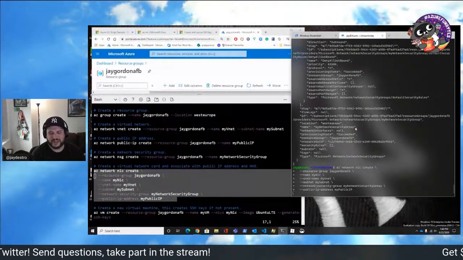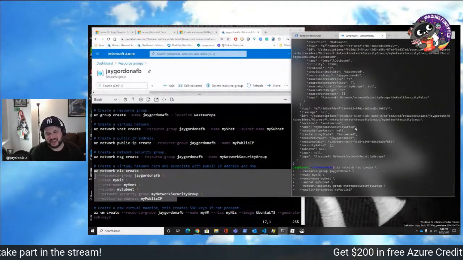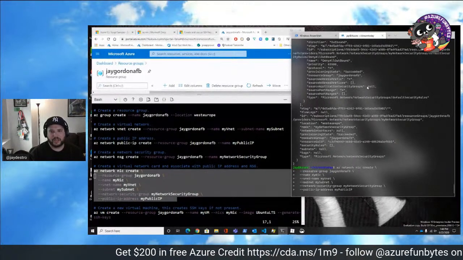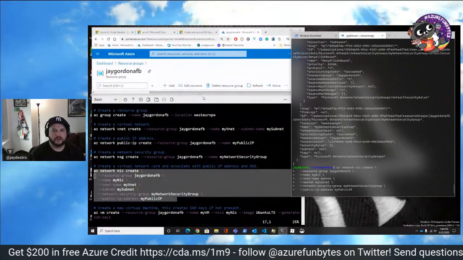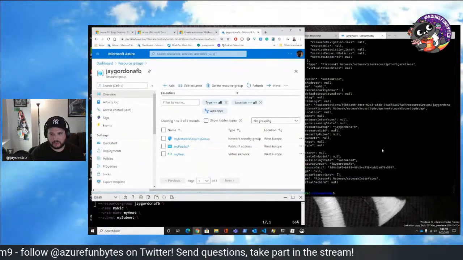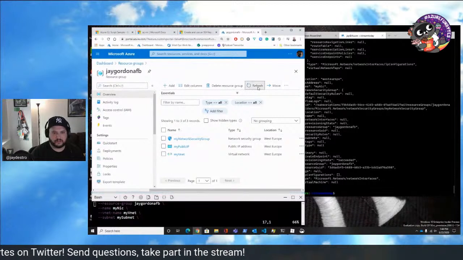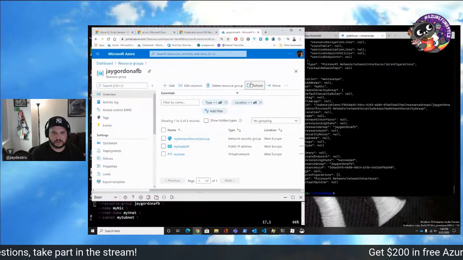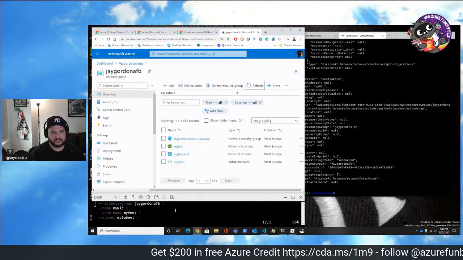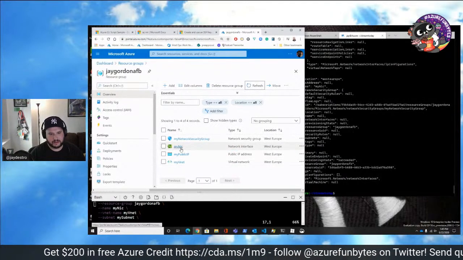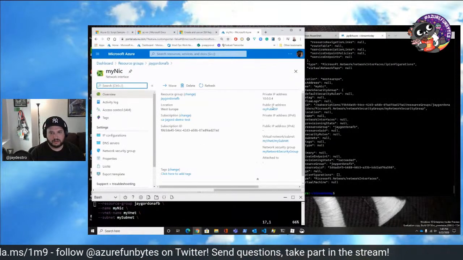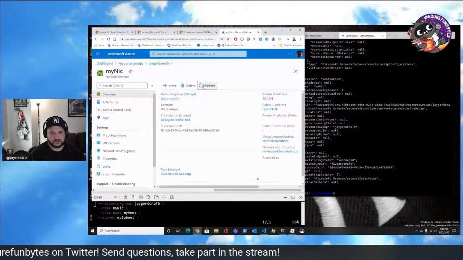So it's just creating this network interface, which is going to take a minute. Let's take a look what's going on in my resource group now. Oh, so there, that's done. We created our network interface. Let's take a look at refresh. Sometimes it takes a second. There it is. There's my NIC. That was the last thing we just built. And we'll eventually have our IP address associated with it.